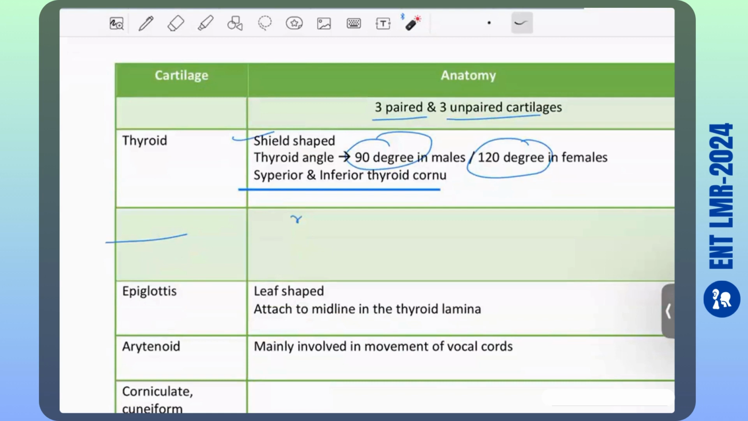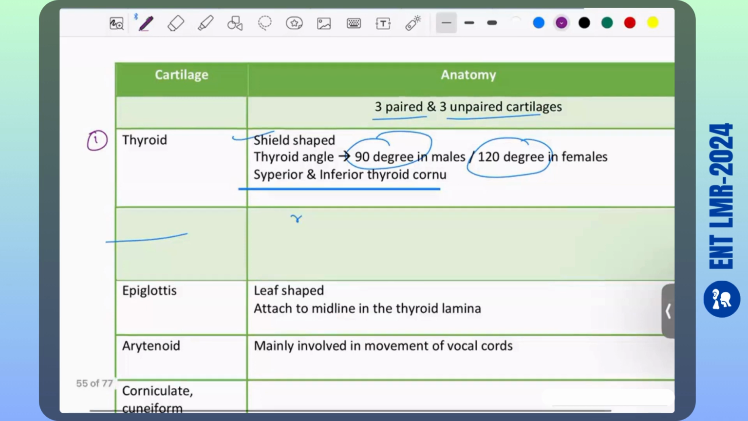So larynx. So larynx anatomy is very easy and simple. We are having 3 paired cartilages, 3 unpaired cartilages. The unpaired cartilage number 1 is thyroid cartilage. It's a shield-shaped cartilage. The thyroid angle is very important. So 90-degree in males, that's why Adam's apple is present. So males, there is prominence because it is 90-degree. Whereas females, it is quite obtuse angle, 120-degree. So the superior cornu will contact with the hyoid bone. Inferior cornu will contact with the